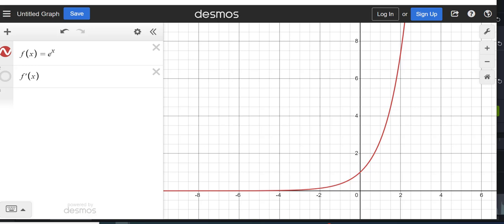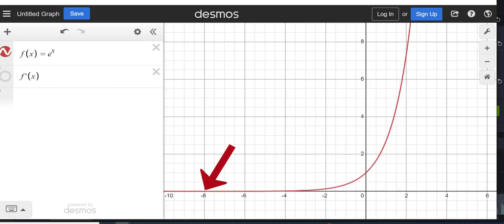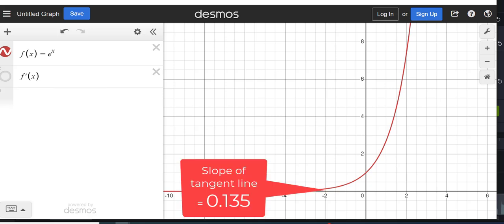All right, this function is always increasing. If you look at this function from left to right, read it just like you would a book, you would say it's increasing, which means its derivative should always be above the x-axis, okay? Because the slopes of its tangent lines are all positive. Further, the slopes of the tangent lines close to negative infinity are very, very flat or close to 0. But as x increases, these slopes are getting larger and larger.